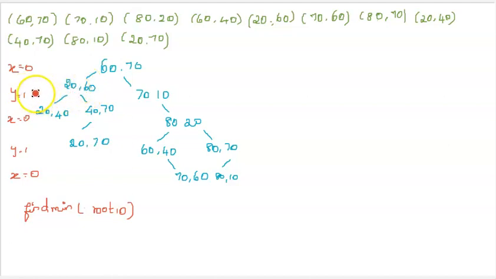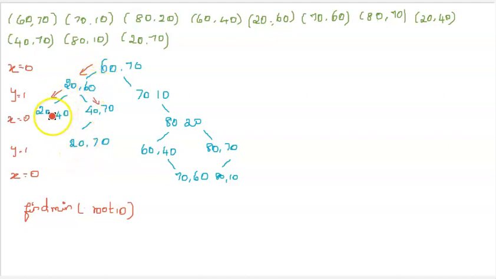Then coming to this place, this is the y dimension, so I have to move towards these two. For finding the x minimum, I should get answers from both of these branches, right? So coming here again, I'll be moving to the left. As there is no left, (20, 40) is returned from this branch, and from this branch this is x, so I'll be moving left. So (20, 70), this is the y plane, so I'll be moving left and right. As I don't find anything here, (20, 70) will be returned.